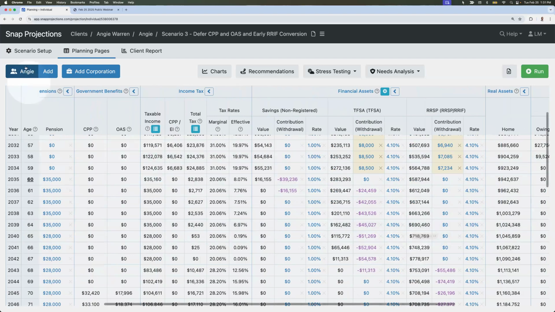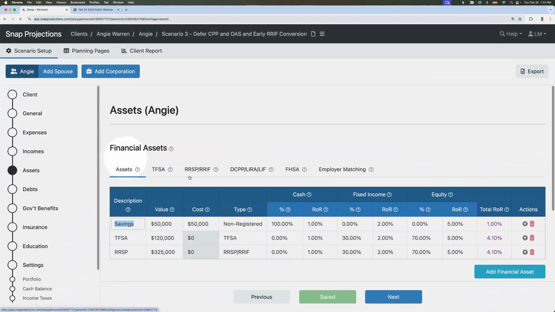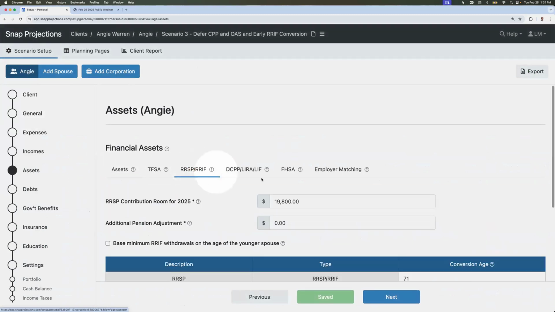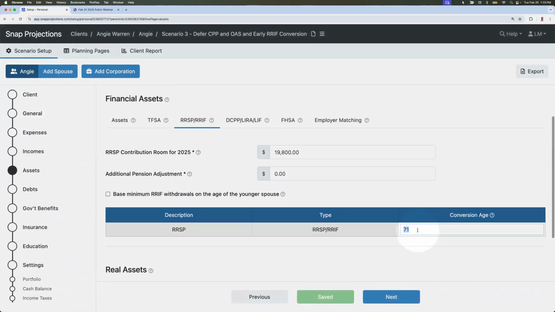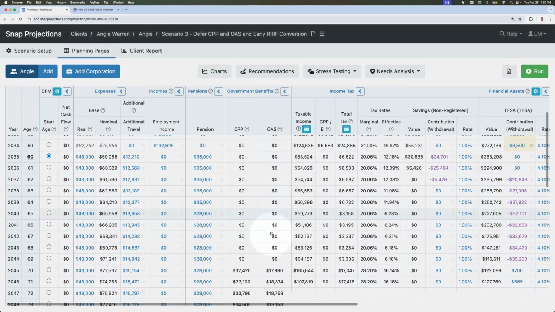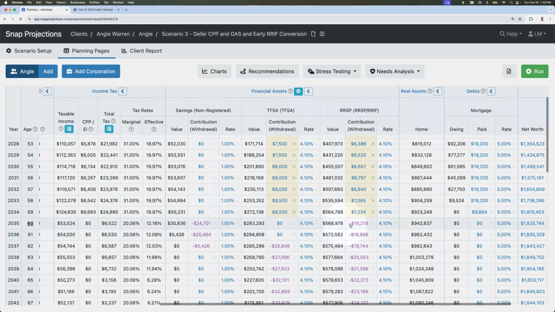The one method that I'm going to use is to go into scenario setup, down to the assets page, and then back into those account settings that we showed earlier. We can change the assumed conversion age of the RSP into a RIF to begin taking the annual minimum right when she retires. So now that I've done that, if I scroll across to the RSP, you'll see that at retirement, we start